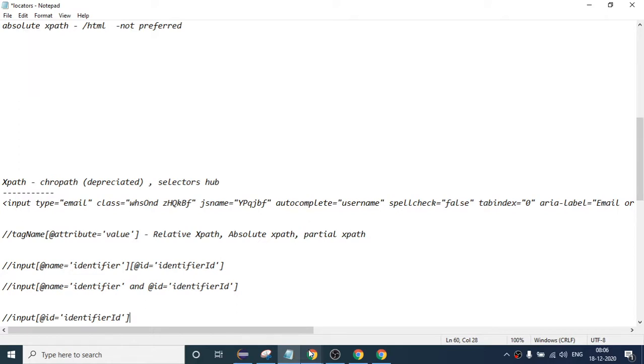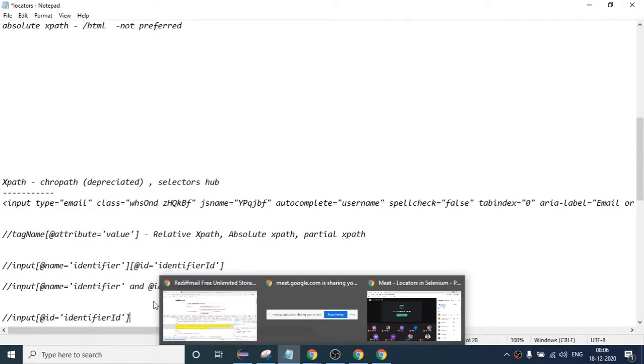One is contains text, one is starts with. Instead of using starts with, we can use contains only, right? Yeah, contains will do the work for both the ending and starting. You can use that instead. Okay.